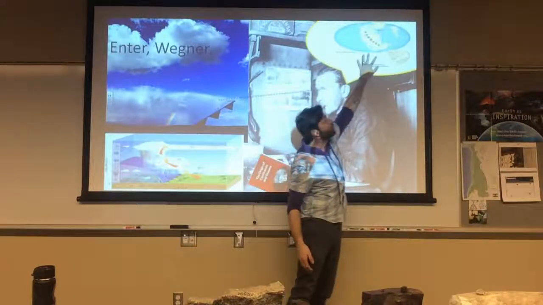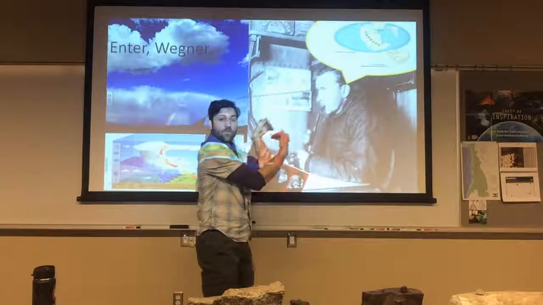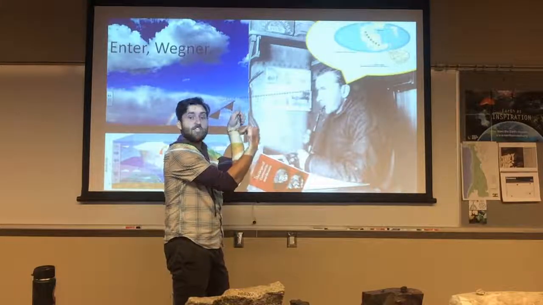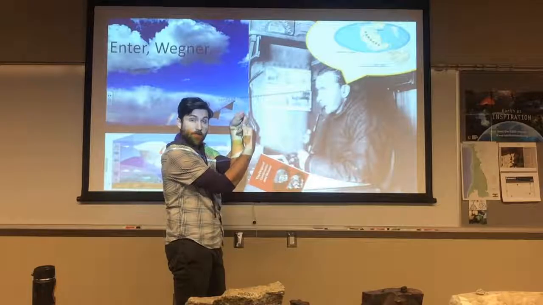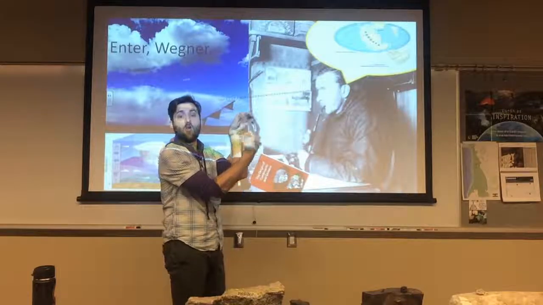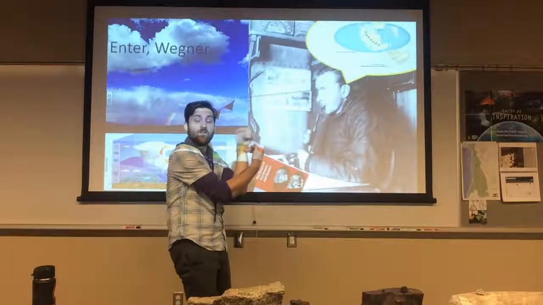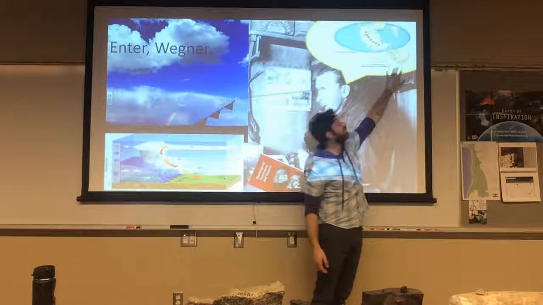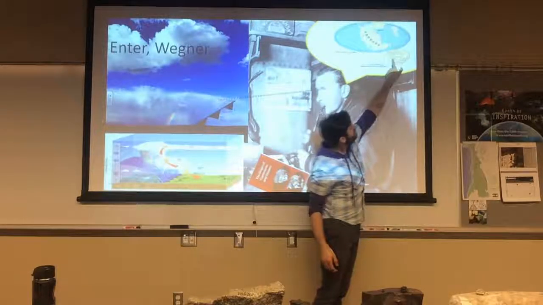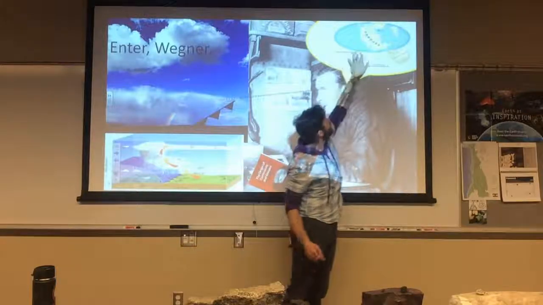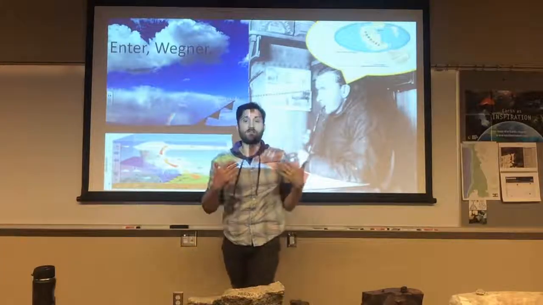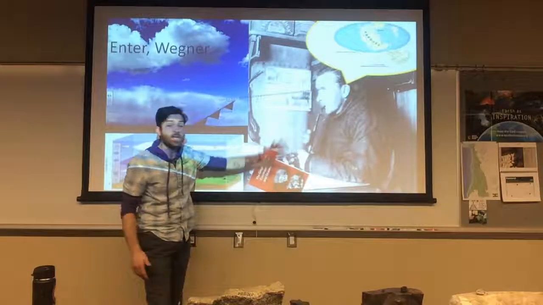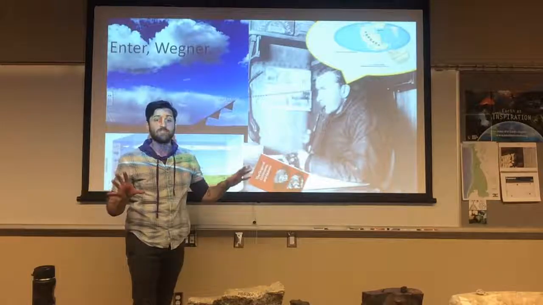And he called that original piece of land where all the continents were together Pangaea, right? Gaia for the Greek earth goddess, and then Pan for all, or all of Earth together into one continent. So here's Alfred Wegener's original rendition of Pangaea, with Africa here at the center, and South America, and so on and so forth. And then here's a slightly more modern version of what Pangaea likely looked like, by the rock distribution.